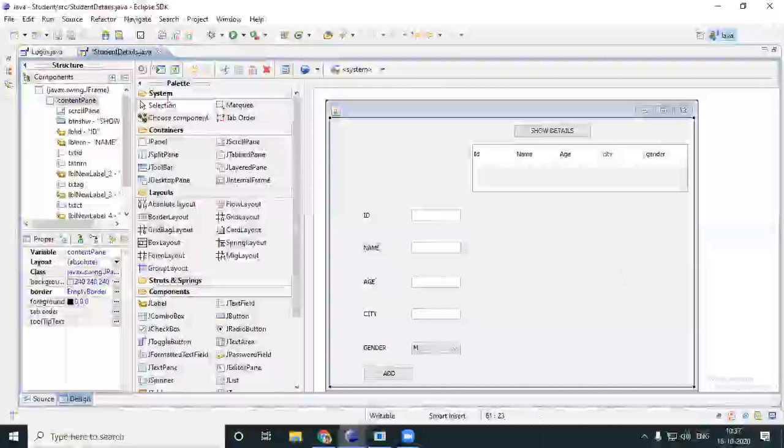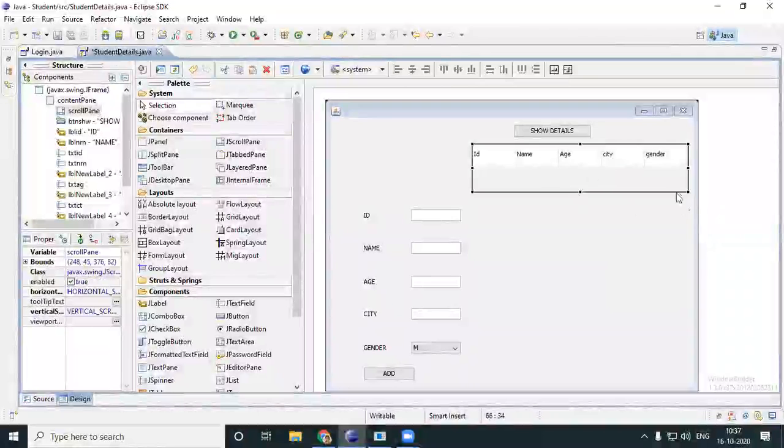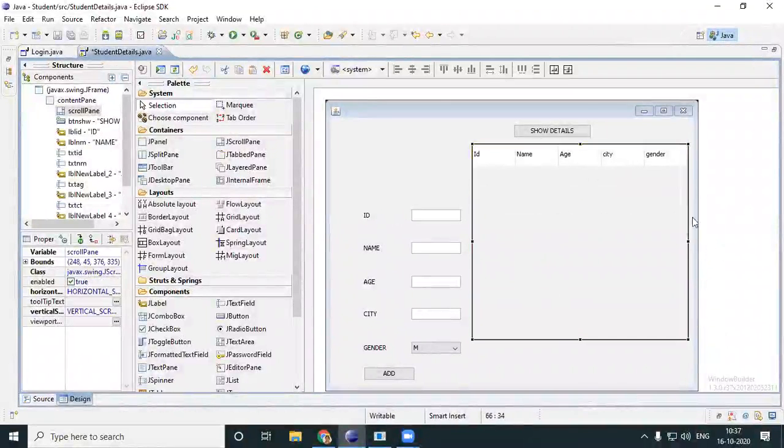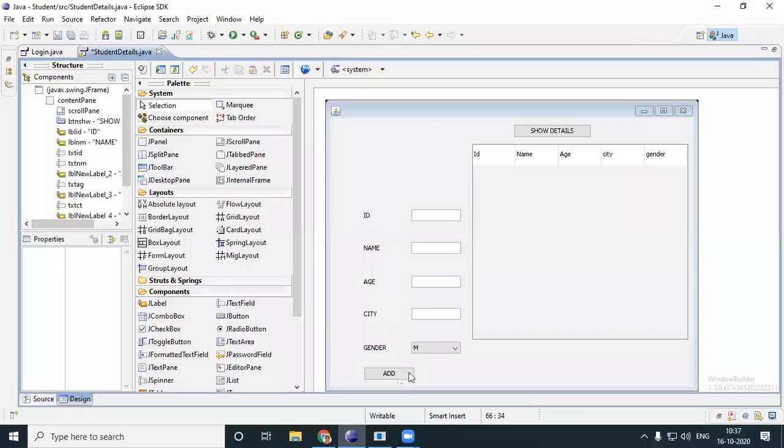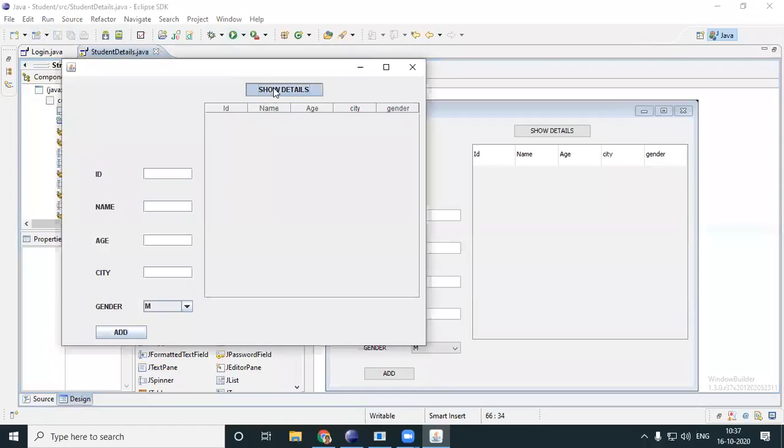Okay, you can add. So this is where we stopped yesterday. I'll just make my table bigger. So we added details. Now you can see that when I give show details, details come in my table. Now what I'm planning to do is, imagine I click any detail like Rahul, Roni, or Jason. If I click any detail, that particular details of, let's say, Rahul, R100, Rahul 22, Kochi, male, all that should be visible over here.